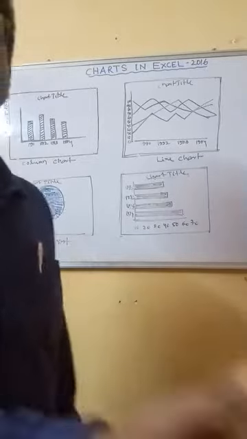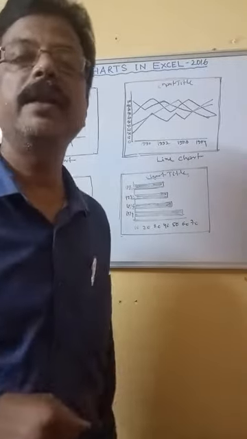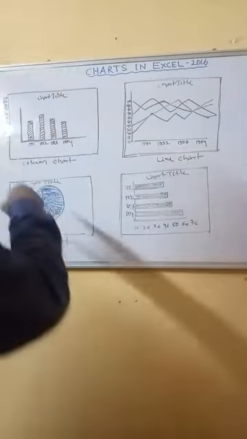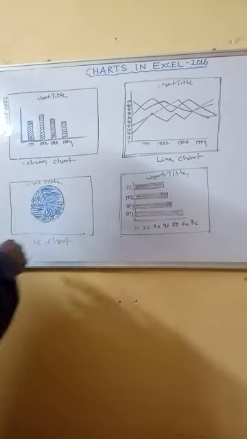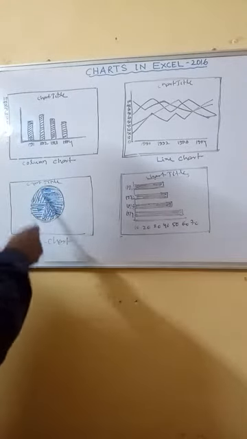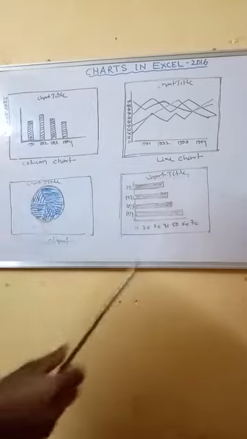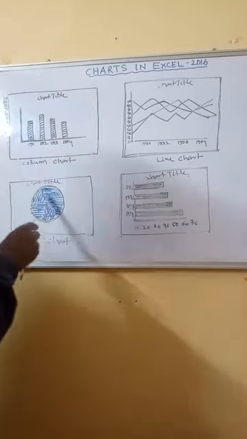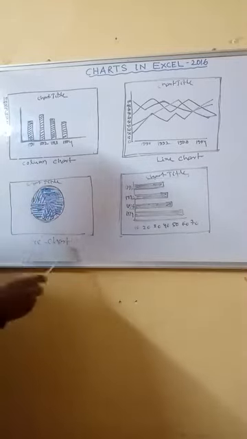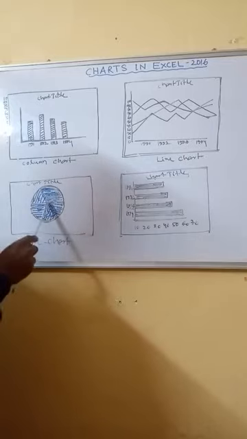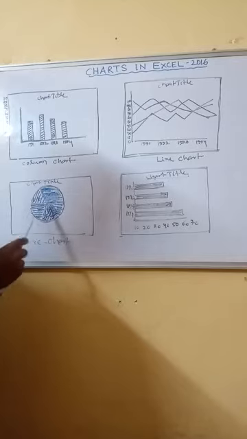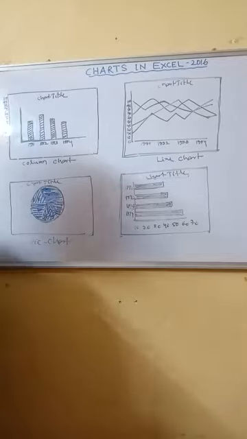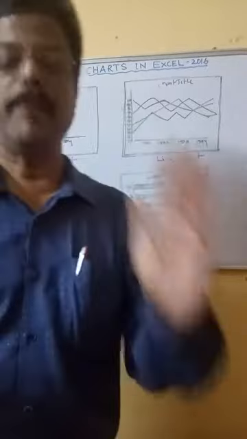Then the pie chart, it is also very common, you do it in mathematics. A pie chart is a circular picture or diagram in which one part represents one data value. Here is your chart title and pie chart, and this part is one data value, this area is another data value, this area is one more data value. Different colors are filled in and represented, and this is your pie chart.